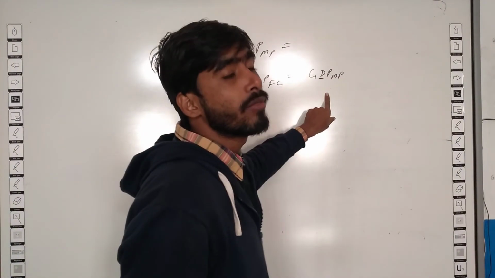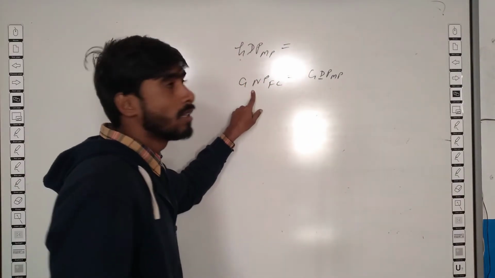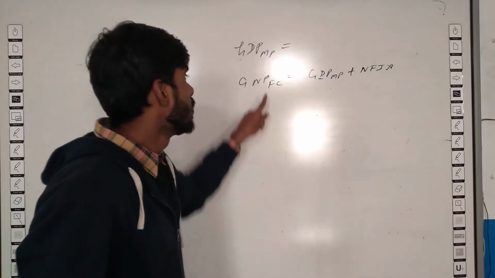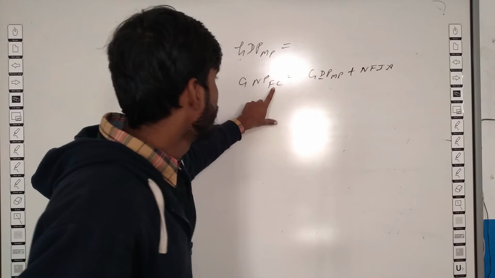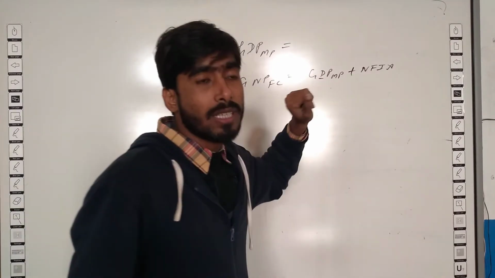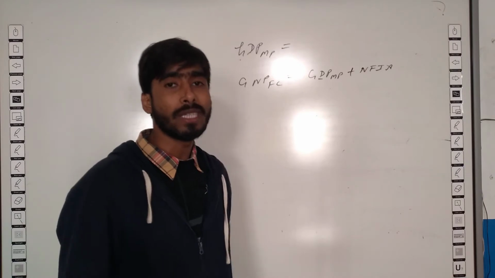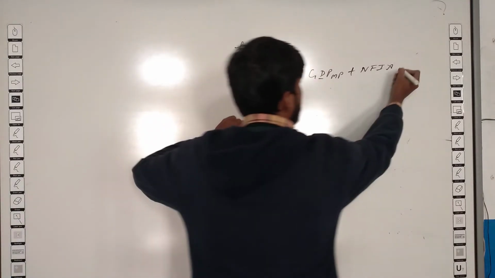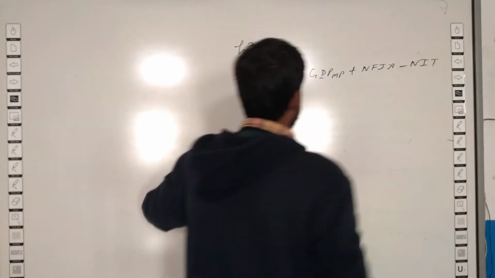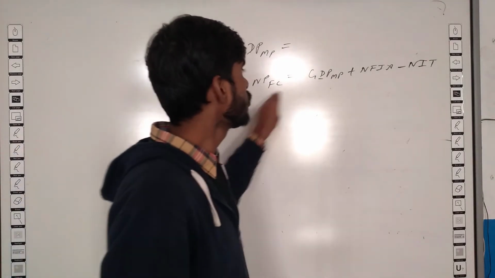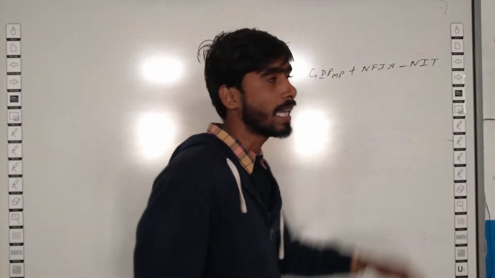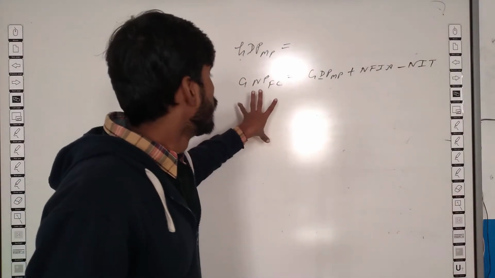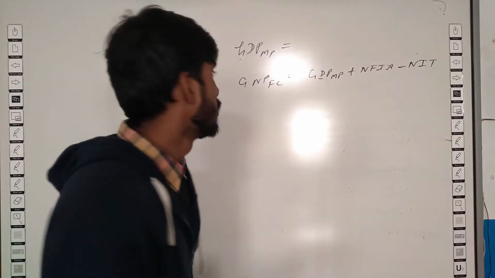National and domestic are converted from NFIA. So if we want national, then we will add NFIA, net factor income from abroad, in domestic. Product will be always same. Here we want factor cost and here it is market price. Factor cost and market price are converted from net indirect tax. We want factor cost and market price is given, so we will subtract net indirect tax, that is NIT, from market price. So GNPFC is equal to GDPMP plus NFIA minus NIT, net indirect tax. So these three conversions help to create the formula in national income like this.